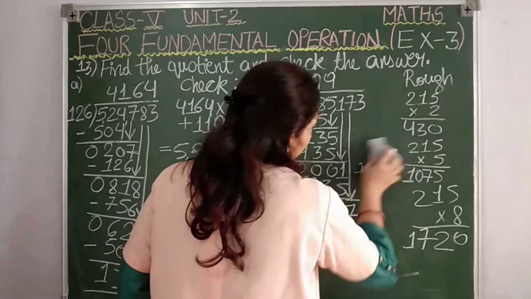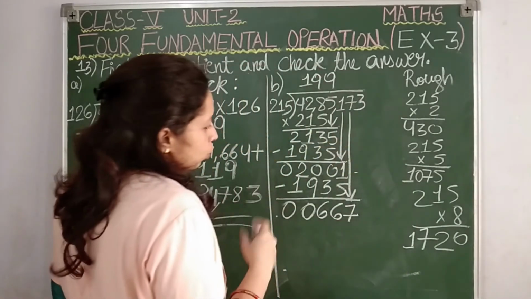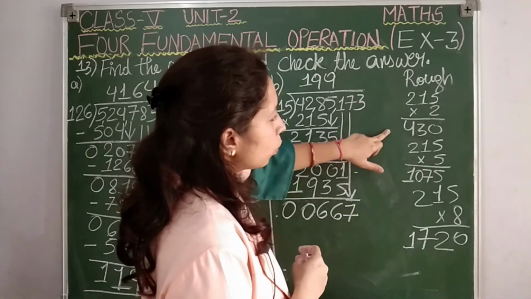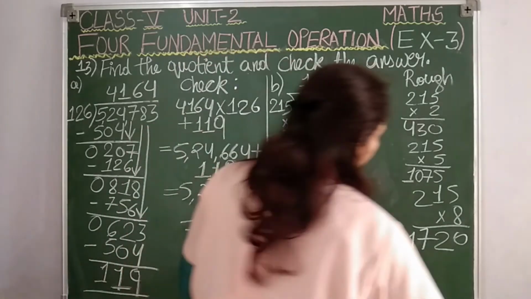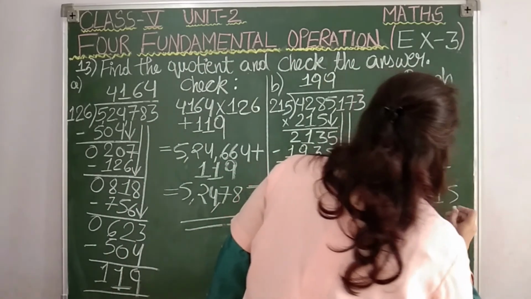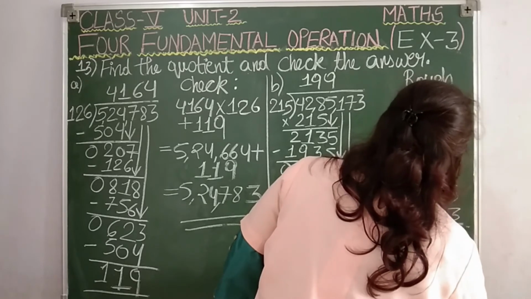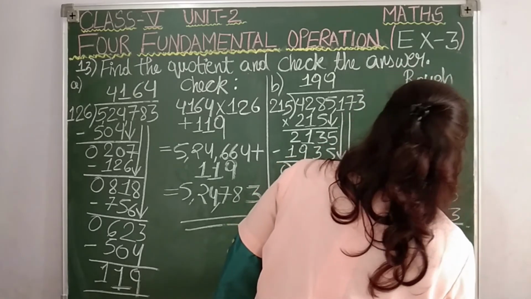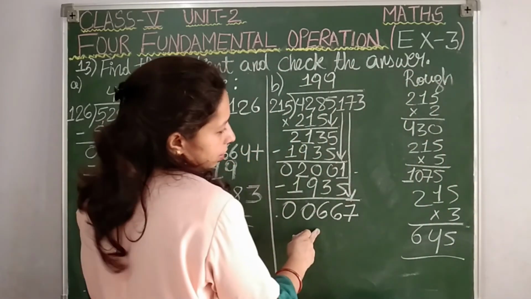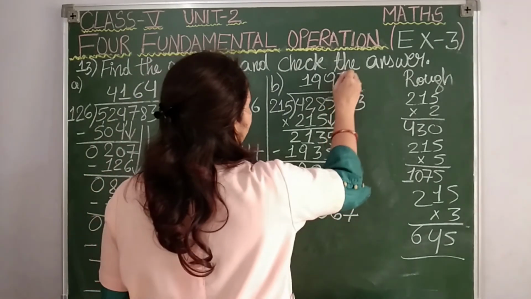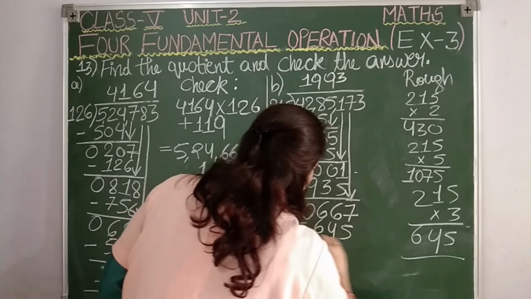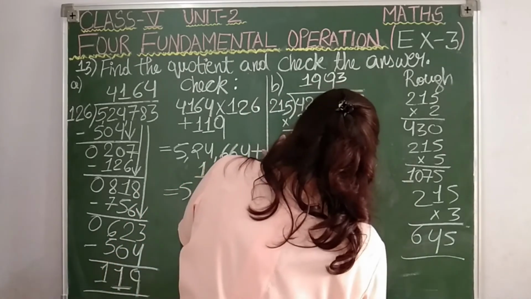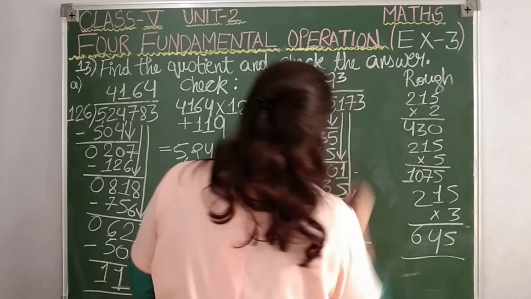This rough work I am rubbing on this side. Okay, so 667 we want. 215 2s are 430 we know, and 215 5s are 1075 we know. So now let us multiply it with 3. 3 5s are 15, 3 1s are 3, 4, 3 2s are 6. Very near to 667 na students. So 215 3s we are going to take, we'll get 645. Again subtract 5, 6, 7, 2, 0.